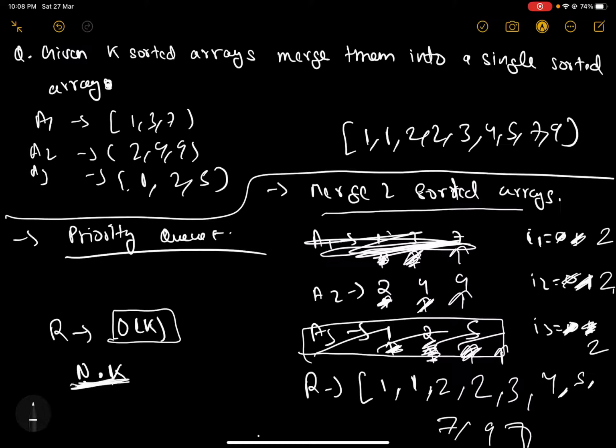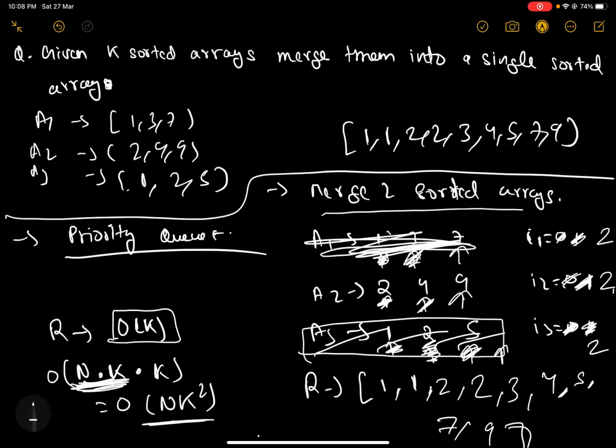So this will be the number of operations that I will be doing, and since each operation requires a comparison of k different elements, the time complexity for each operation will be O of k. So the total runtime complexity will be O of n into k into k, that is O of nk square. All right, so this is the time complexity for the naive implementation of this pointer based approach.